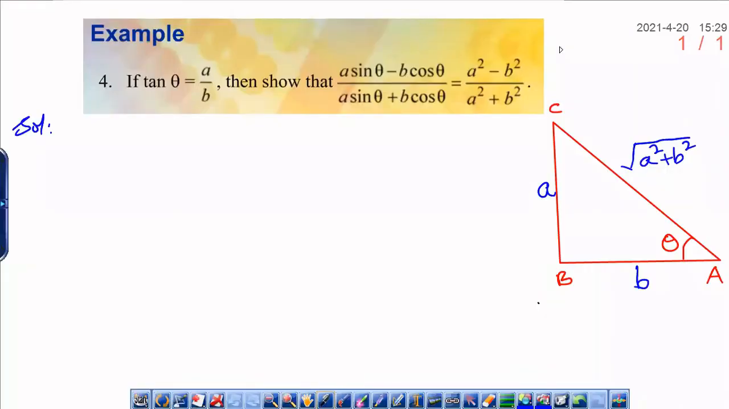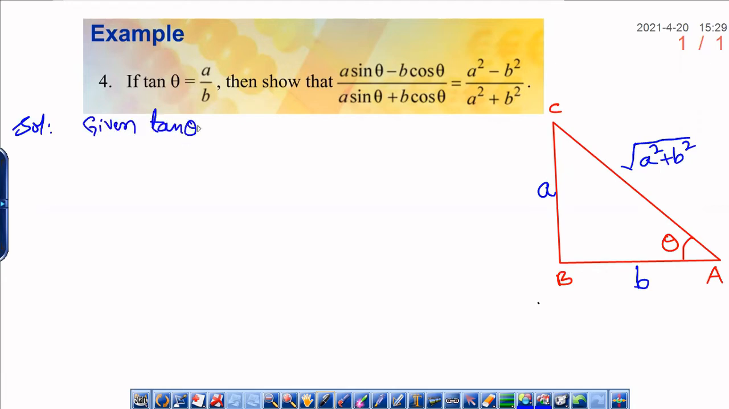Let us see example 4. If tan theta is equal to A upon B, then show that (A sin theta minus B cos theta) upon (A sin theta plus B cos theta) is equal to (A square minus B square) upon (A square plus B square). For that, we need to draw a right angle triangle. And what is given, children, here? Given is